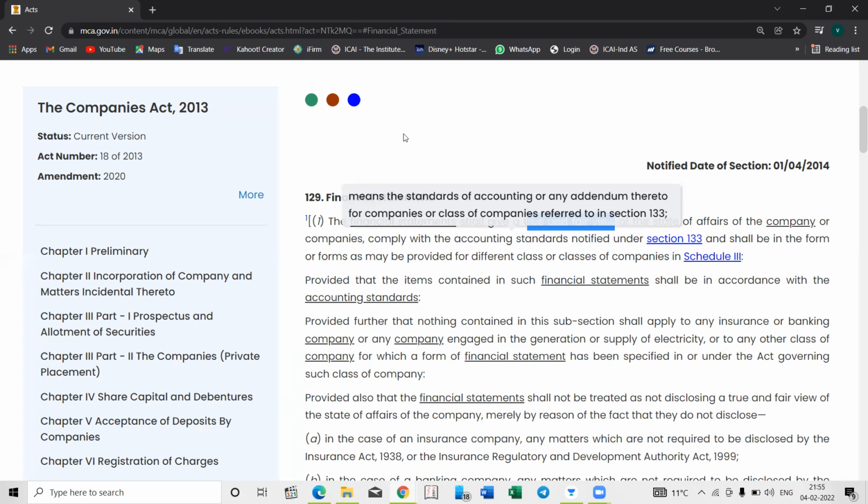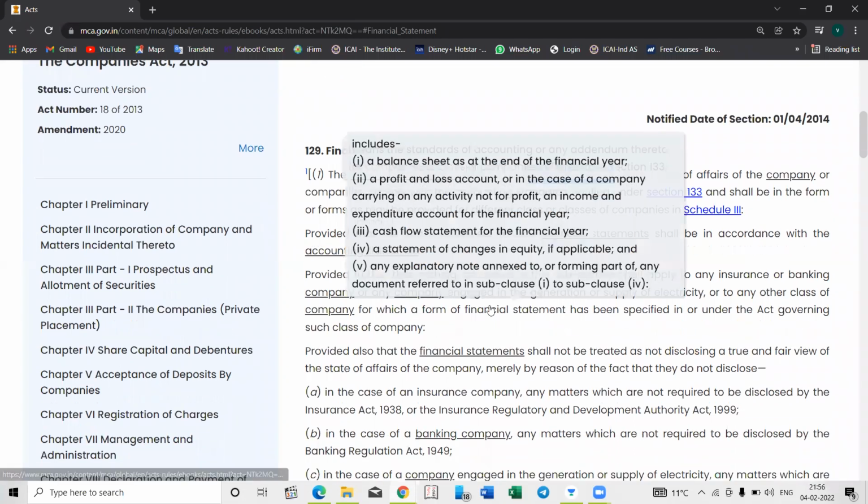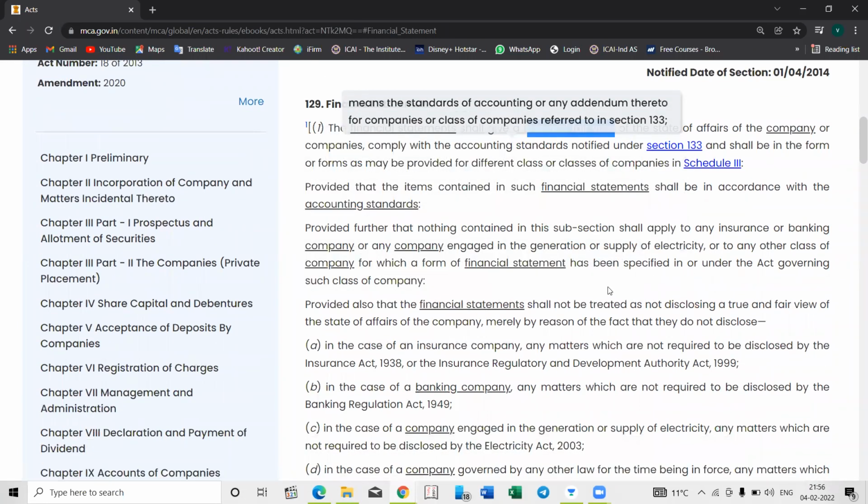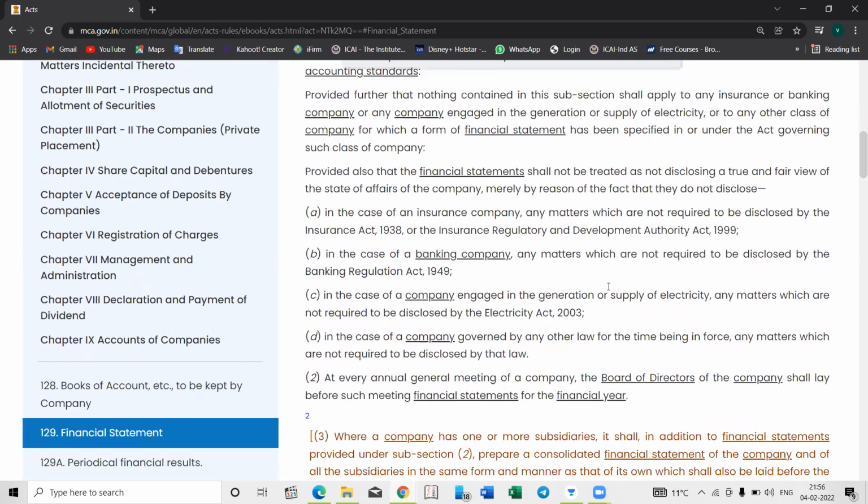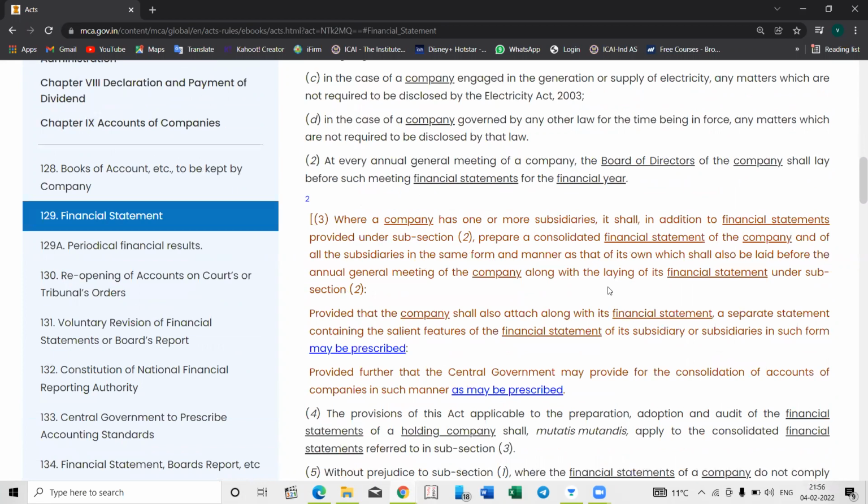So you have to see, accounting standard doesn't mean only the AS portion, it means Ind AS also. So you don't have to say AS specifically, say accounting standards, because if you are saying AS, then you are not including the Ind AS part also. And now, in accordance with the accounting standards, then the exemptions part, except exemptions not applicable to them. Some company provided financial statement that companies. Then about CFS.